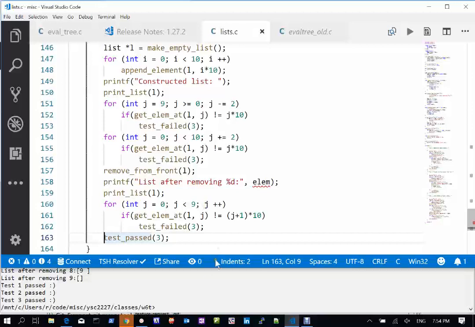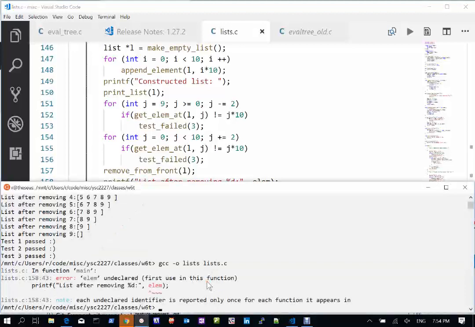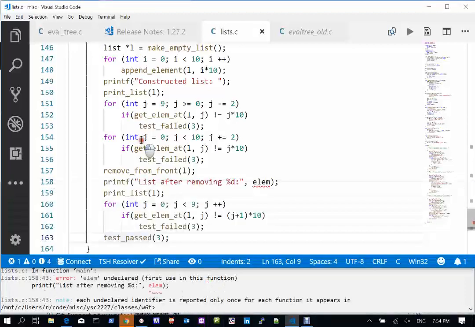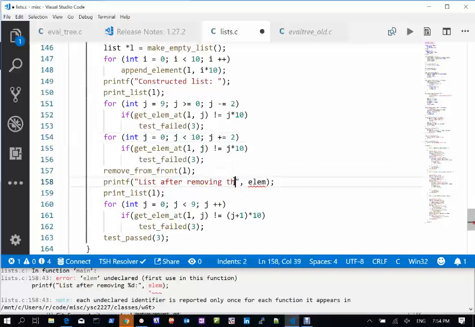Well, something like that. You can definitely do better than what we've done so far, but at least this is a start. After removing the first element,